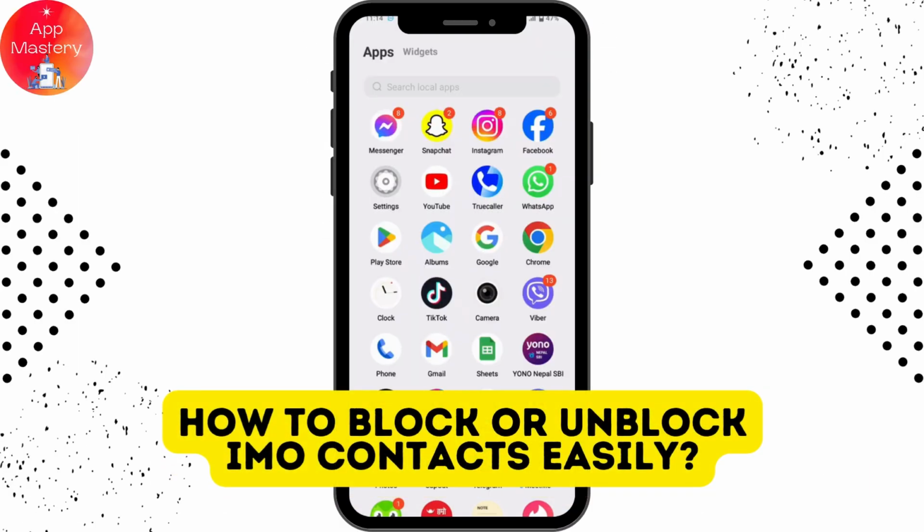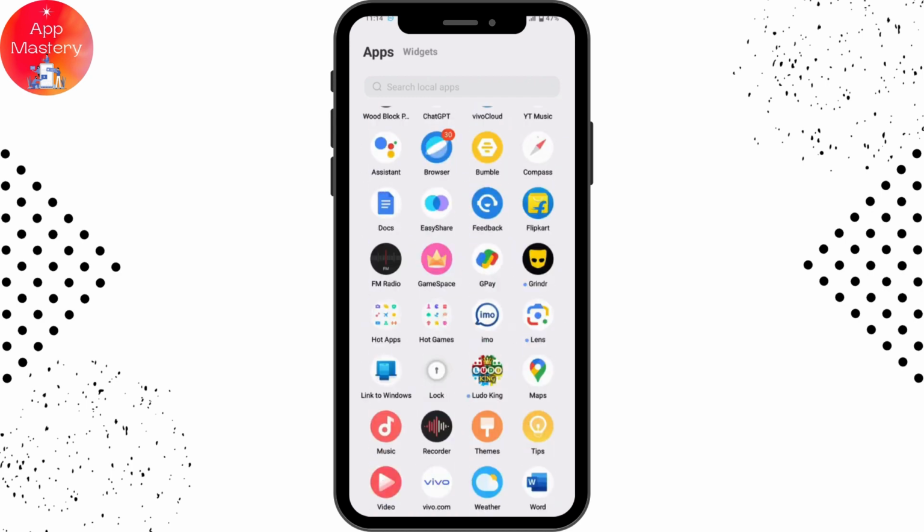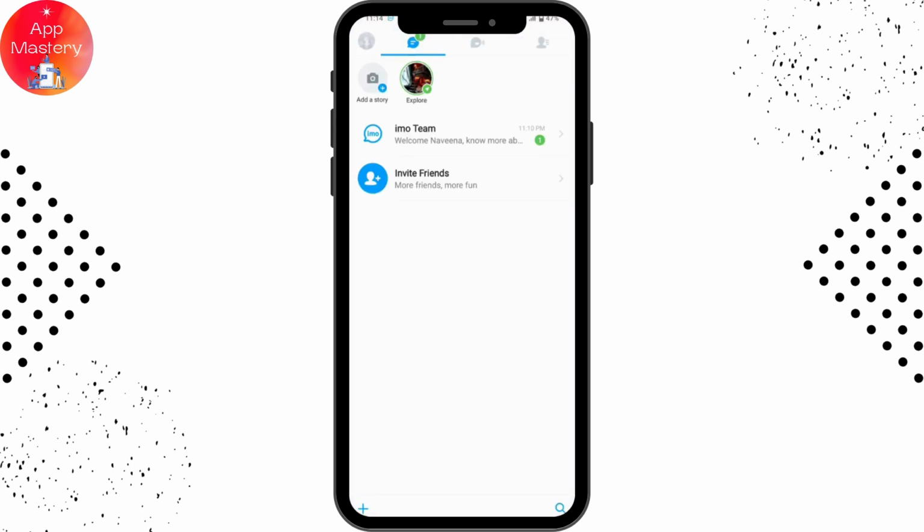How to block or unblock Imo contacts easily. So if you want to block someone on Imo or if you want to unblock someone, then first open up your Imo application. Make sure to log into your account and then you can simply go for search, which is